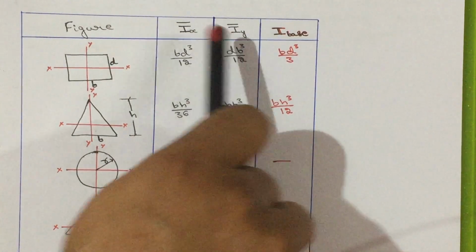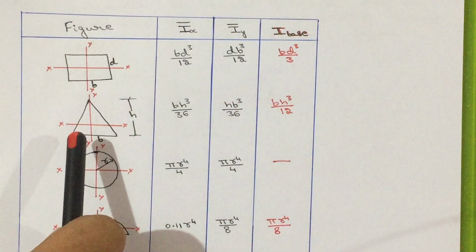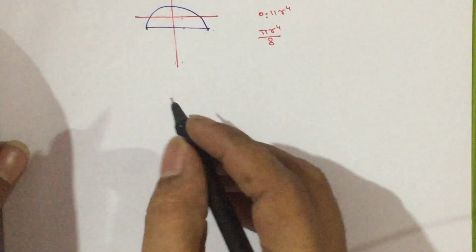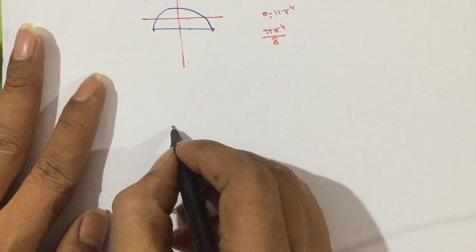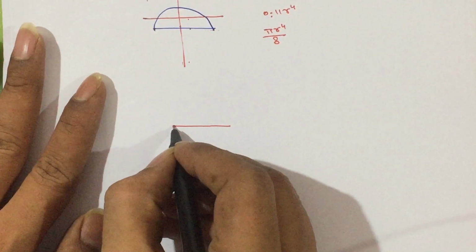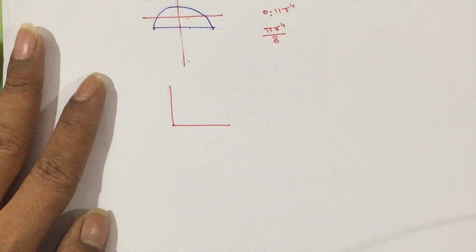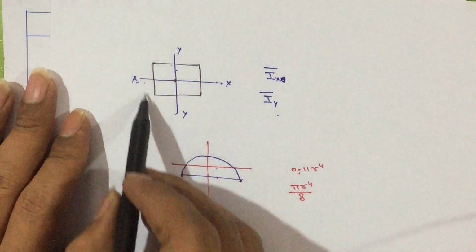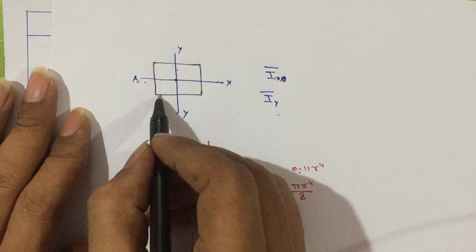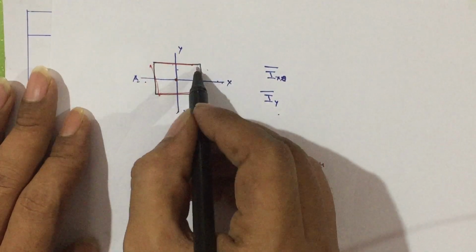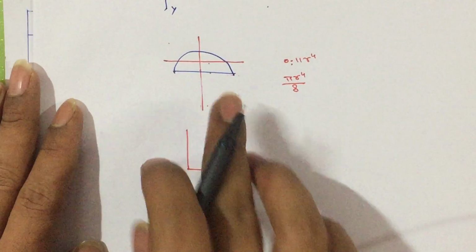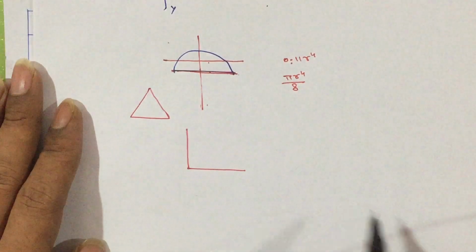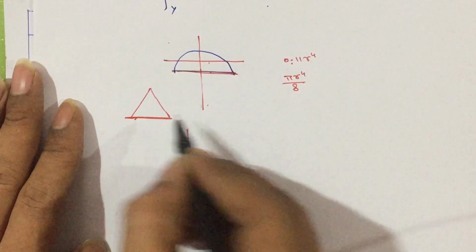Then with respect to the base, I x bar and I y bar are with respect to centroidal x axis and y axis. Now, with respect to the base, what do you mean by base? The exact horizontal straight line and exact vertical straight line, we are going to call that one as base. For example, in this rectangle, all these are the base, but in case of a semicircle, only this line is the base. If we consider a triangle, only this line will become the base.